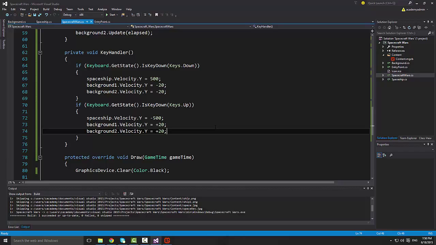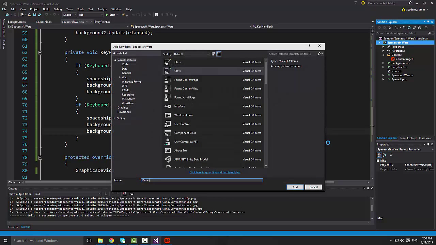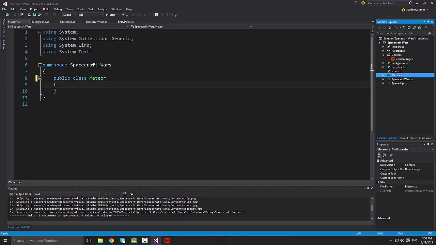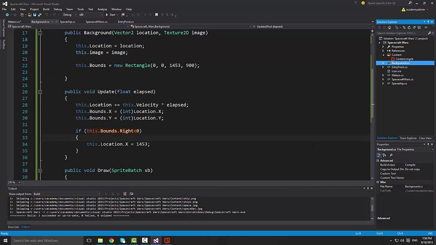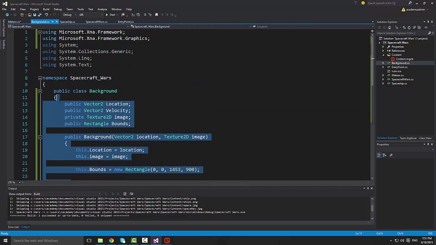Now comes something which is a bit more interesting. I think we will make the meteors or the obstacles from your exam. Okay, so we want to add a new class. We're gonna make it a meteor. Okay, and inside here public class meteor, and again I will copy paste driven development, as we call it. So I'll just copy all of that into the meteor,